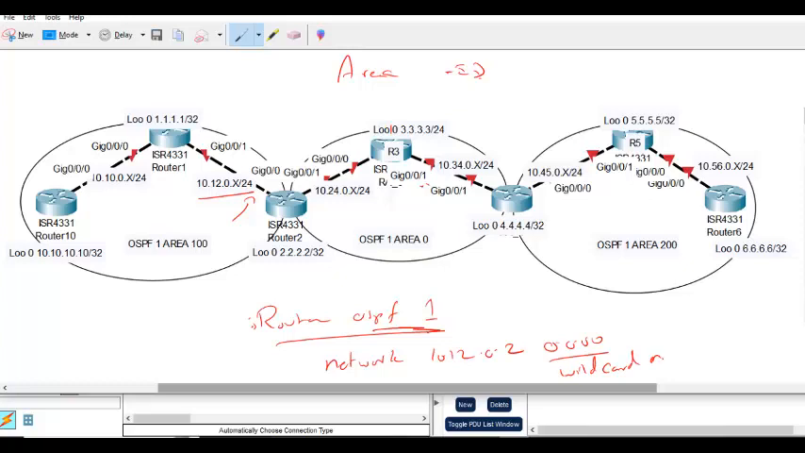What does this mean? This means that all this 4 octet, wherever matches, that interface belong to area. What area you tell me? This belong to what area? 100. You see, this is how we enable OSPF on this interface. Likewise, if you want to enable on this interface, what you will do? You don't need to go to interface. You go under router OSPF 1 and say network